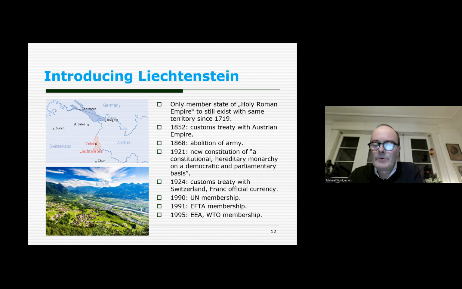After the First World War, the alliance with Austria, the whole empire collapsed, the currency collapsed, and so on. Liechtenstein found it wise, and it was wise, to turn west to Switzerland and do pretty much the same thing, have a customs treaty and a currency union with Switzerland. And further on, it much more integrated into the international relations. And especially important is the accession to the EEA, the European Economic Area.